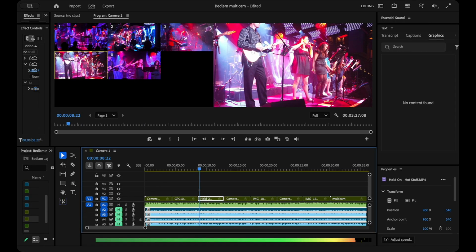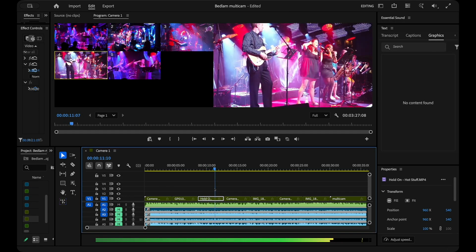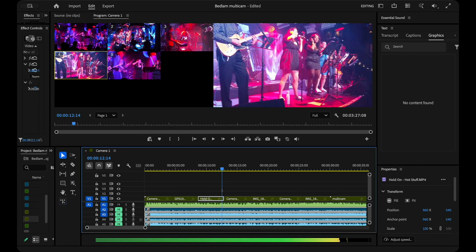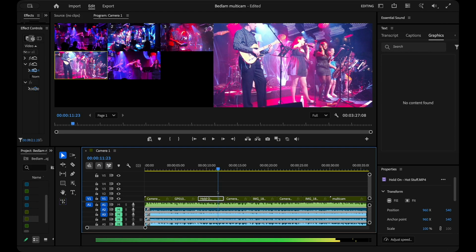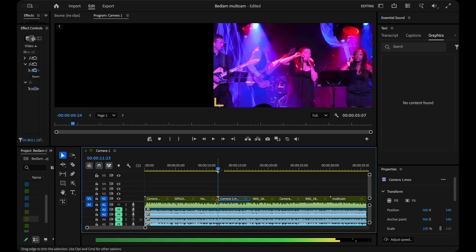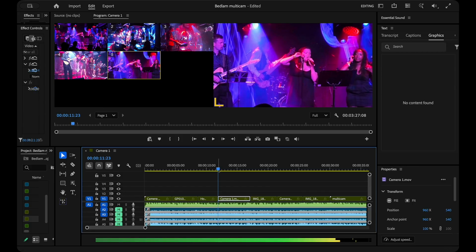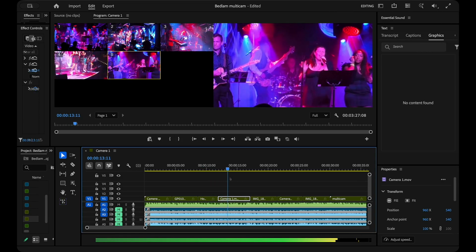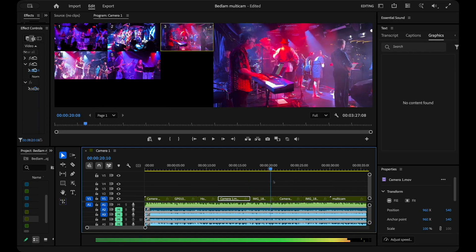Now, sometimes there are errors. So for example, at the end of this handheld view, it starts to go out of shot. It's easy to fix. We can just grab the end of that clip, pull it back, and then grab the beginning of the next clip and pull that into join. And now it will smoothly merge from that one into the next one.